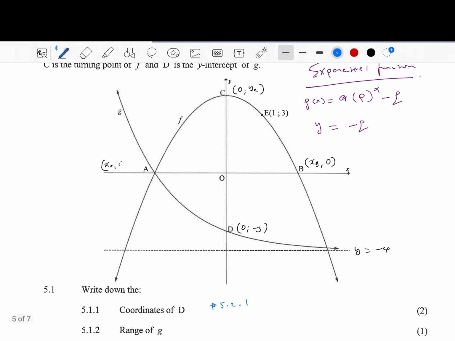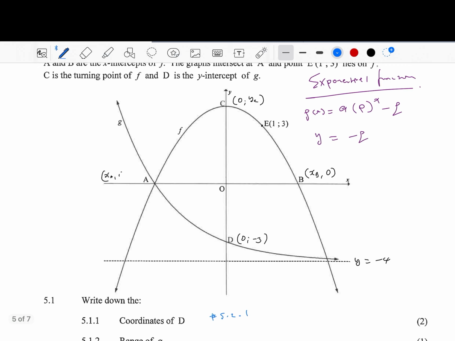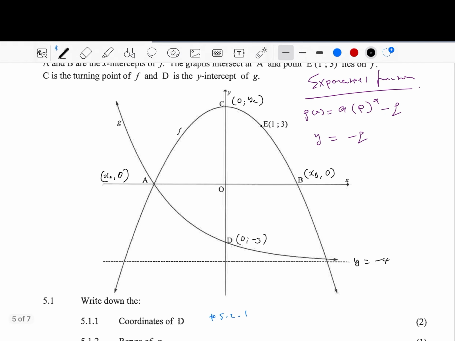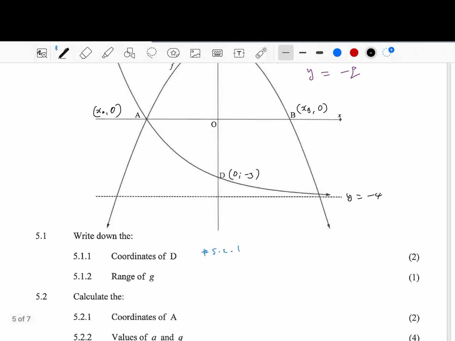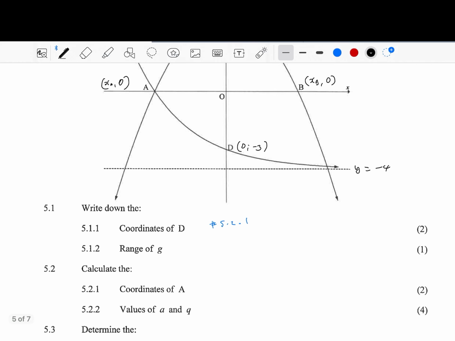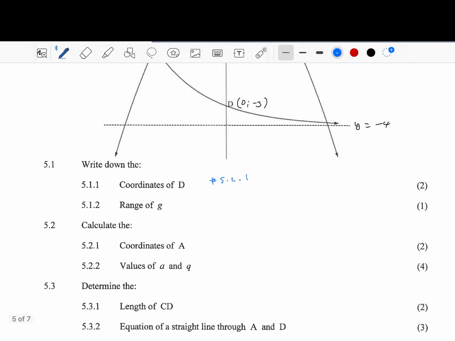Coordinate of A. What happened to my A? This is 0. All right, coordinate of A. How do you calculate the coordinate of A? So that's A. We know A is the x-intercept, so easy. So we have a